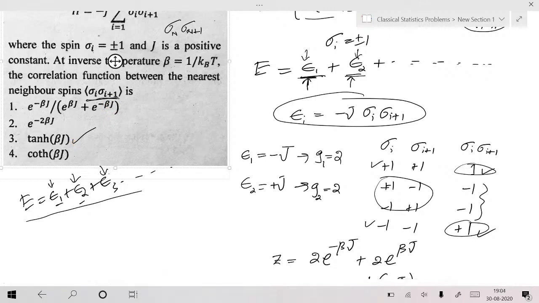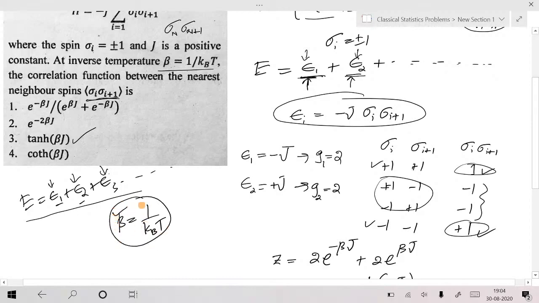Try to think it yourself. Sir, in this statement he has mentioned the inverse temperature. Why has he mentioned this statement? No, beta, he called that one the inverse temperature. Beta is equal to 1 by kB T. Beta is called the inverse temperature because it is inversely related to the actual temperature, as we discussed. In some books they will write kBT itself as the temperature, written as tau. Suppose you see some problem from Princeton or elsewhere, they will write kBT itself as tau. Those are all different words. You should not worry about that.